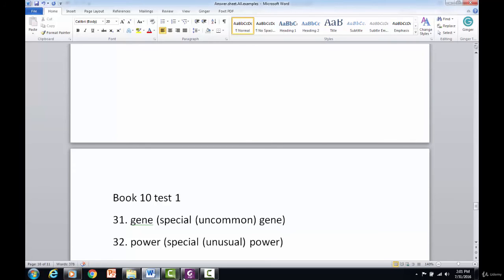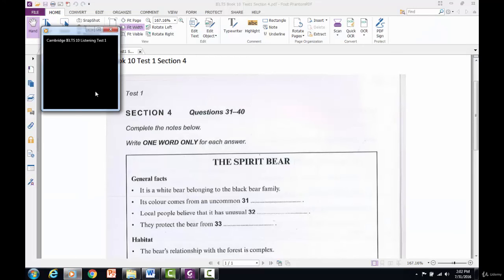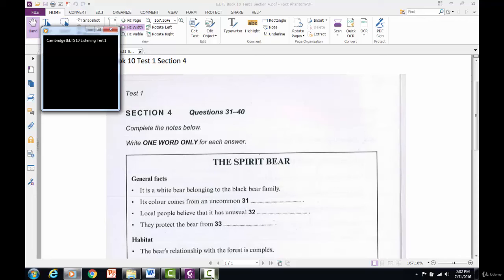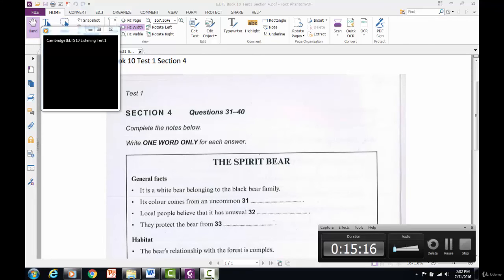Because of this, it has always been highly regarded by them, so much that they do not speak of seeing it to anyone else. It is their way of protecting it when strangers visit the area. All right, so this black bear's habitat is quite